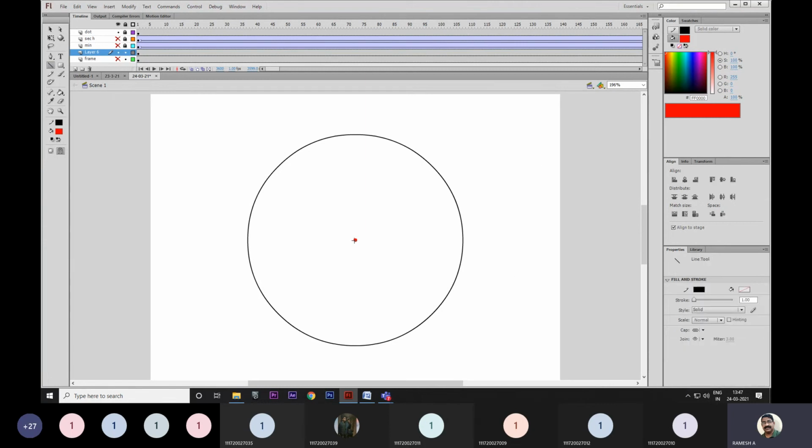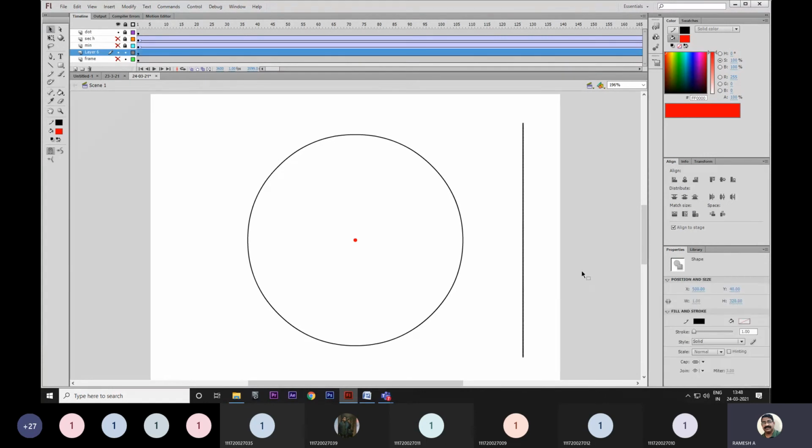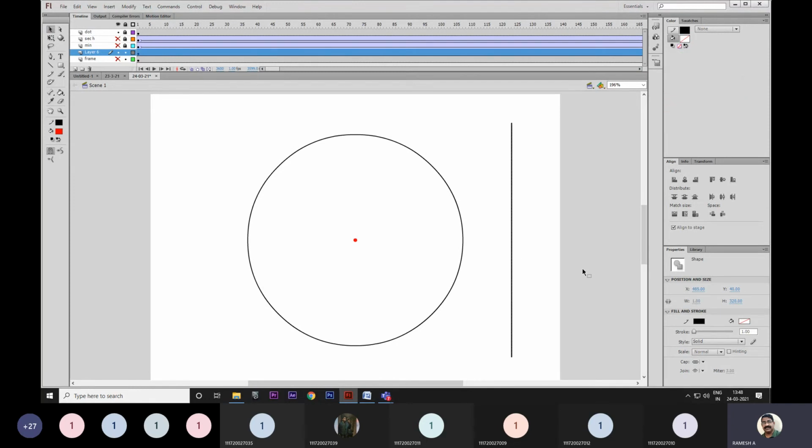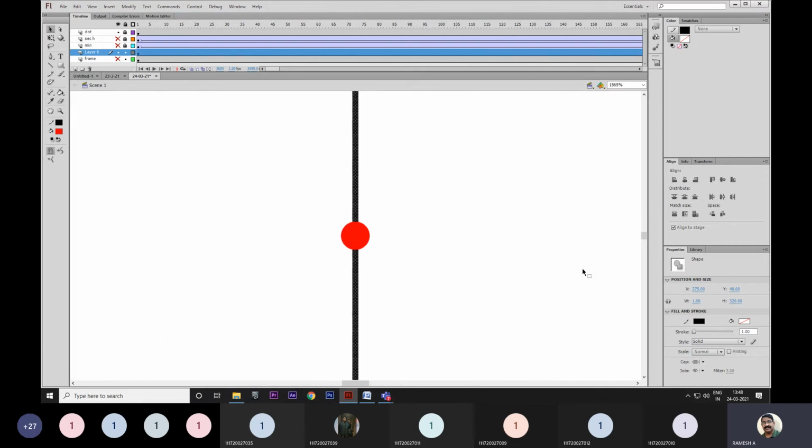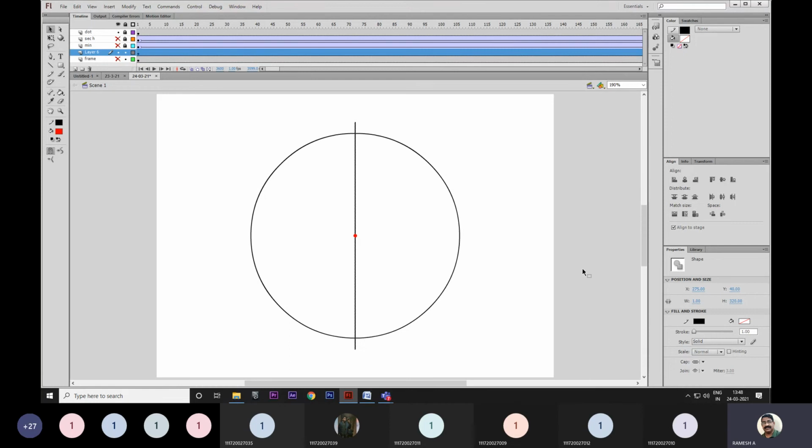The dot one. This is only for the helping line. Now I'll draw exactly one line. I will draw outside this line. I'll move this line towards the center of the circle. Control plus. Center only.